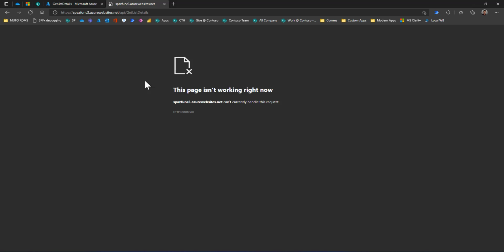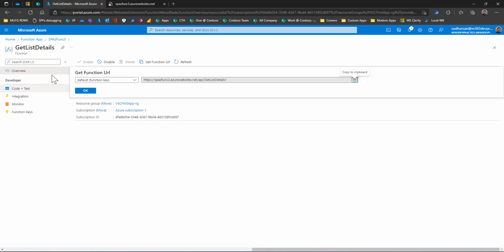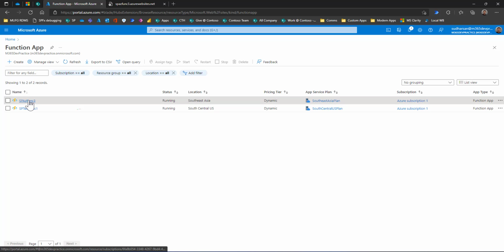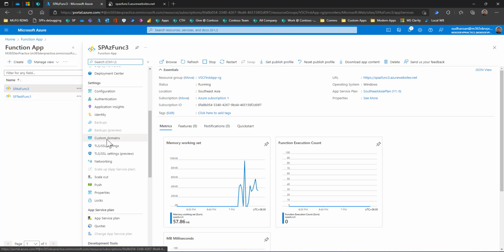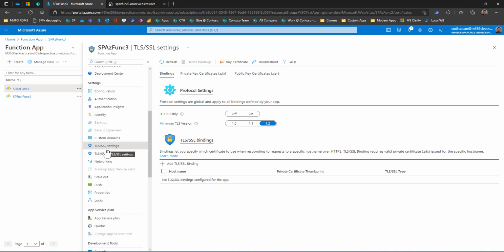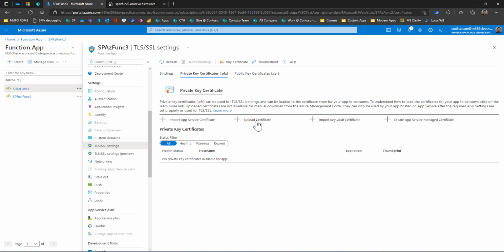So there is one more step that we missed. Just go to your function app and go to the TLS/SSL settings. Click on the private key certificate and click upload.